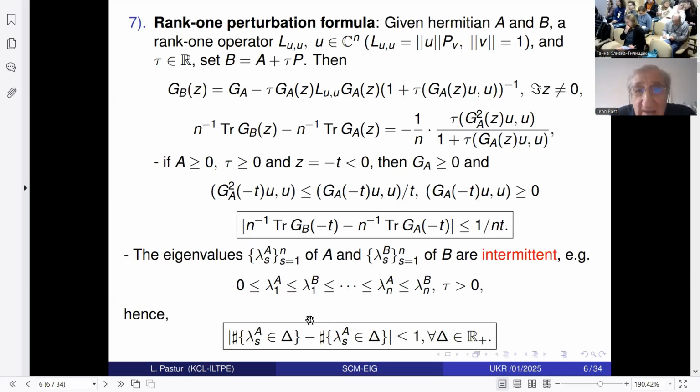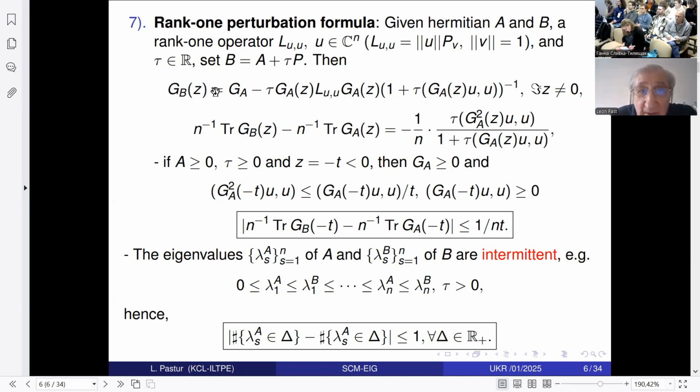Then I'll need the trace one perturbation formula, and especially this bound for the difference of traces, provided again that the matrix A is positive definite, and the perturbation parameter tau is also positive. Then we have this bound, which we are also going to use, and there is a very important property called intermittency,